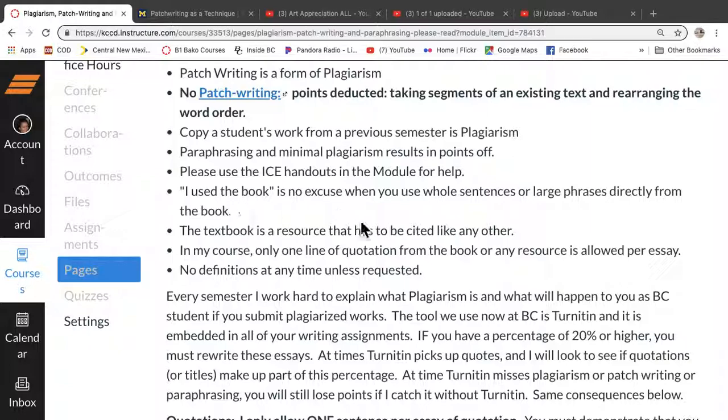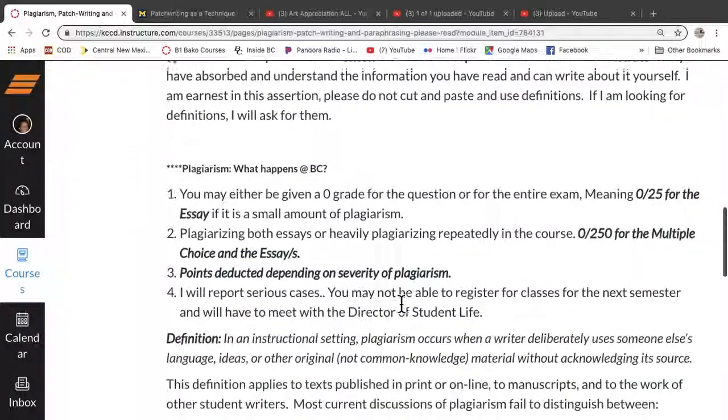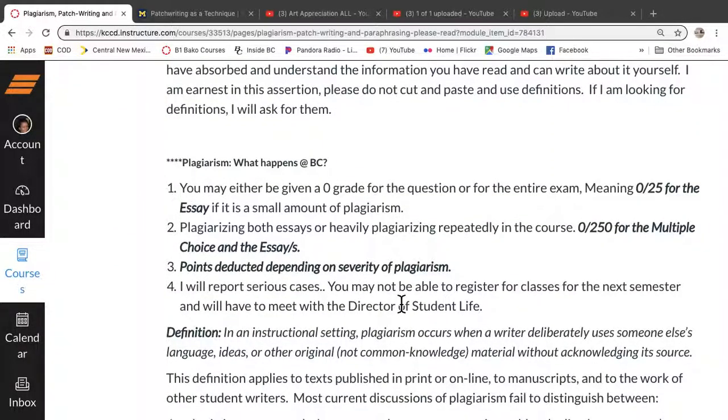And I get this a lot. I use the book. That does not mean cutting and pasting or using a whole sentence or even a phrase, even like 4 or 5 words. Some schools have a 4 words in a row limit. I find that a little bit restrictive because we will say things like this and that, you know, like the connecting conjunctive parts of speech. It doesn't make total sense to me, but you can't just grab from other sources.